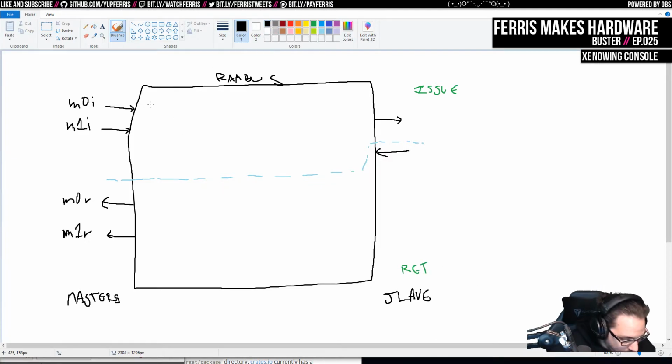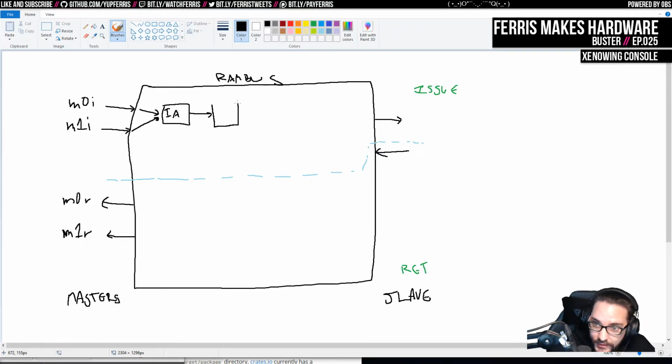And so what I've come up with here is the issue arbiter, which we're going to call IA. That's going to sit here and do the priority stuff. It has these two things that might be trying to issue reads in a given cycle, and it's going to have priority there. Once one of those has decided it needs to issue a read,